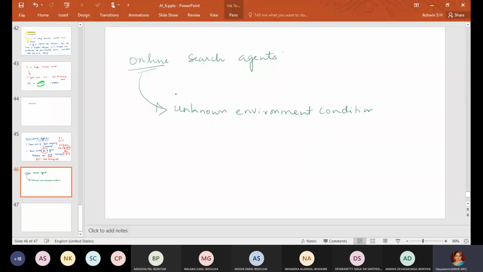So the agent does not know about the environment conditions. In the sense, what states exist or what its actions do. So the clear picture of the environment is not there. Under such cases, if you make use of the search, then we call it as online search. Normally we call it a state of ignorance.